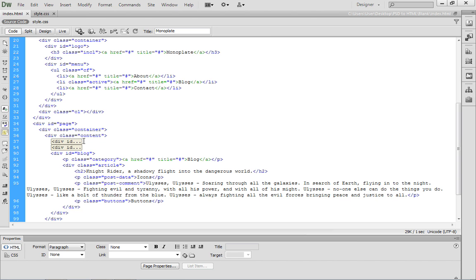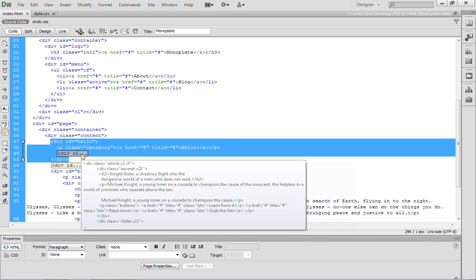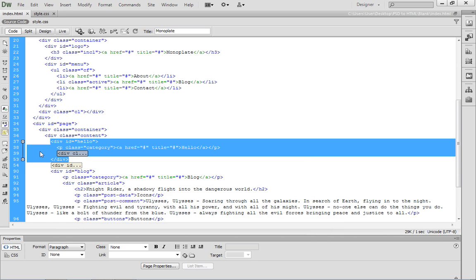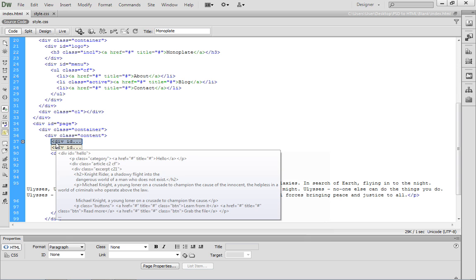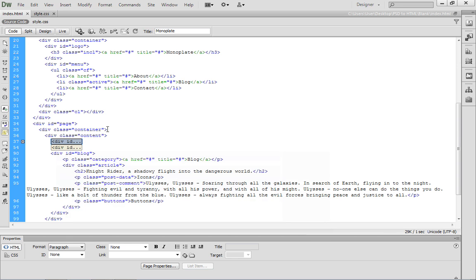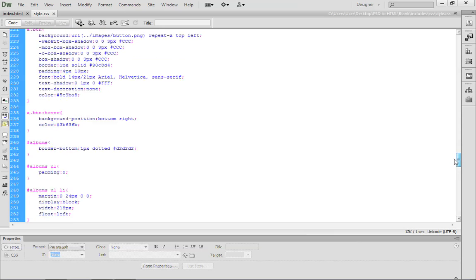But if we were to take a look at the div element that contains the content for the hello section, we can see that it too uses the category class for the paragraph element. And if we were to continue to drill down, we would see that we also use the article class. So what we want to do is reuse the code that we already wrote for this hello section for our blog section. So let's come back to style.css and scroll up to the hello section of rules that we wrote,